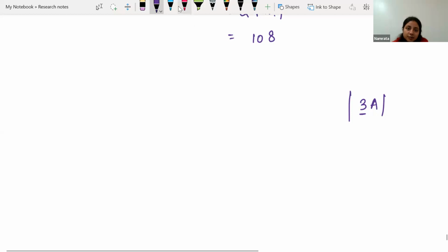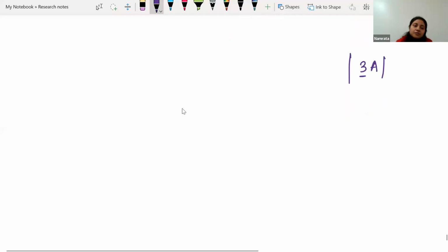Now the next concept over here is a question based on the area of the triangle. With the help of determinants also we will be able to find the area of the triangle. Previously you must have learned a few formulas for the area of the triangle. The basic one was 1 by 2 into base into height. Then you also learned Heron's formula, where we used the length of each and every side to find the area. And the area formula over there was,